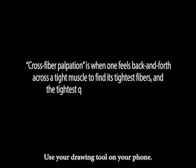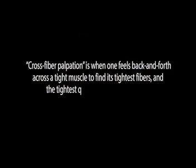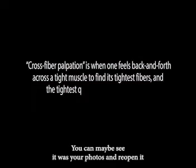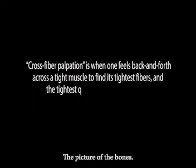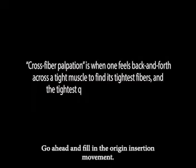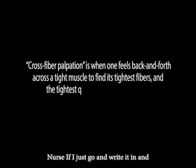Use your drawing tool on your phone. You can maybe save it to your photos and reopen it and draw on it, and draw where you think the muscle goes on the picture of the bones. Go ahead and fill in the origin, insertion, movement, and nerve supply. Just go ahead and write it in,